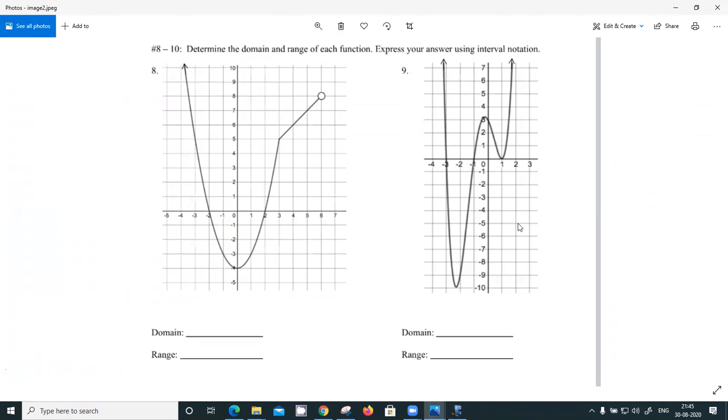Domain is negative infinity, comma, infinity, with brackets. Infinity is always a curved bracket. Okay. And then range is going to be